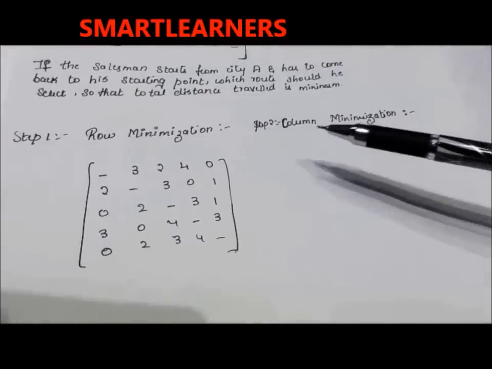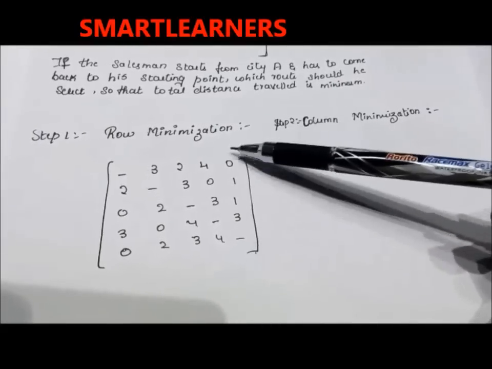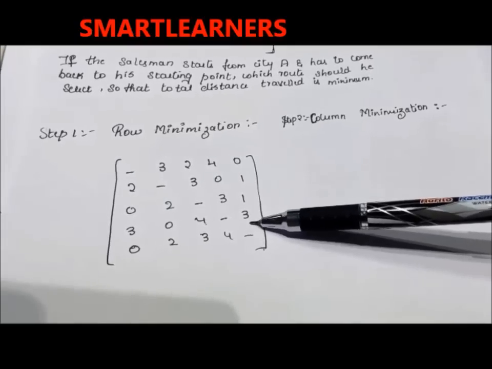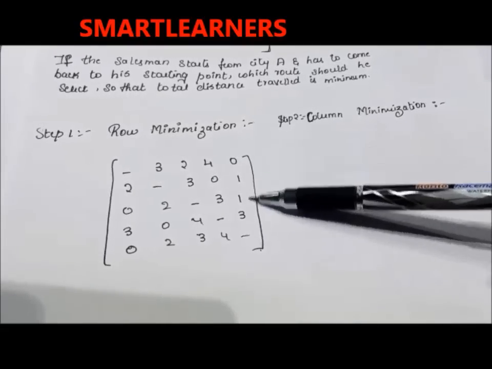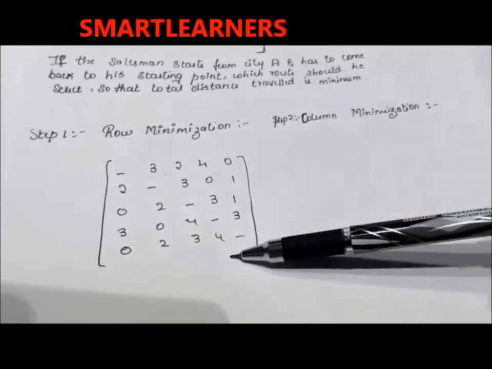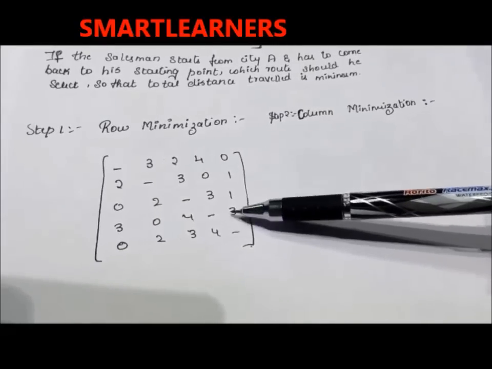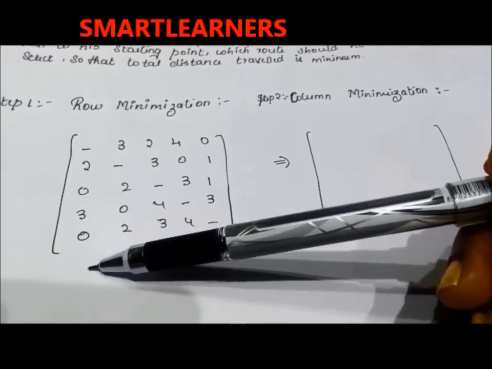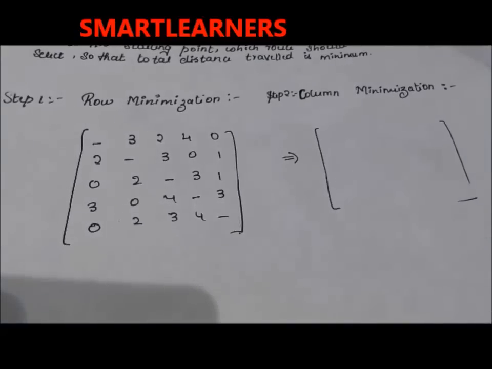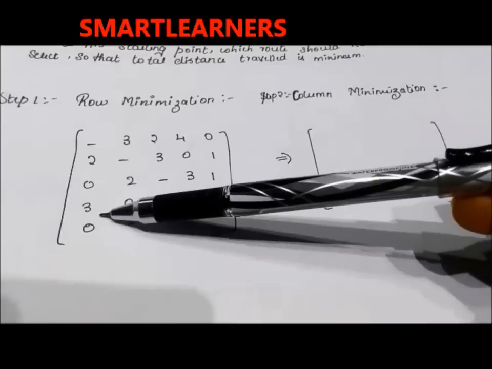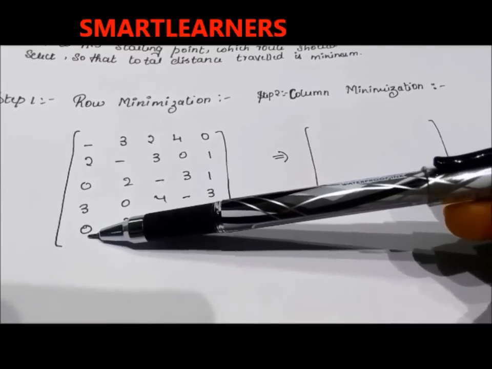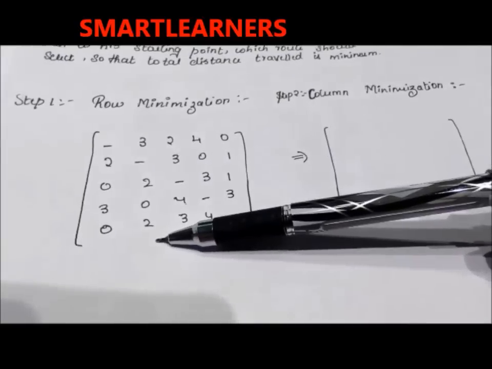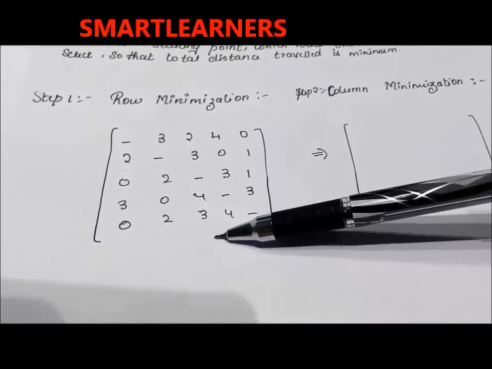Okay, column minimization. How are we going to go ahead with the column minimization? Same. Check each column, look for the minimum element and subtract that element from the rest of the elements. But here, instead of doing it for each and every column, we just look for a column which doesn't have at least one 0. Once we observe which column is not having at least one 0, we go ahead and do the column minimization for that particular column. Example, in the first column, there are at least two zeros present, so no more reduction is required. We retain that column. In the second column also there is at least one 0 present, whereas in the third column there is no 0.